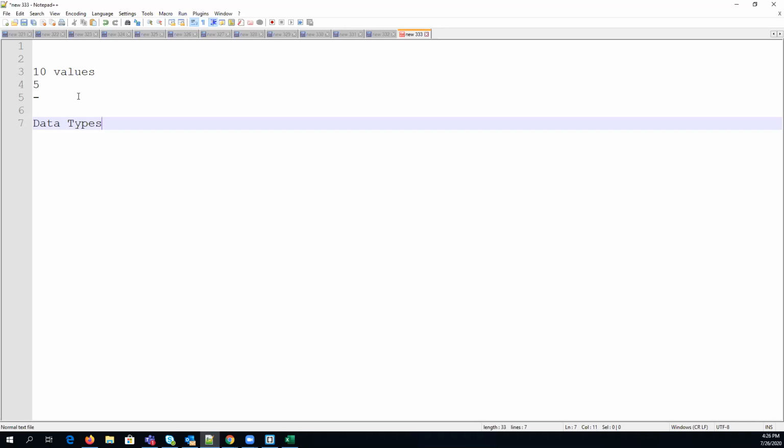So what is a data type, guys? What is a data type? So data type specifies the type of the value. Why we need it, Sonali? Just a simple question. Why we need it?